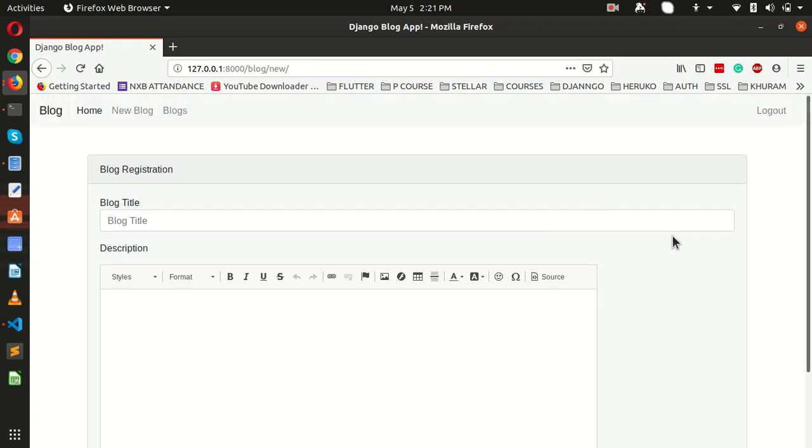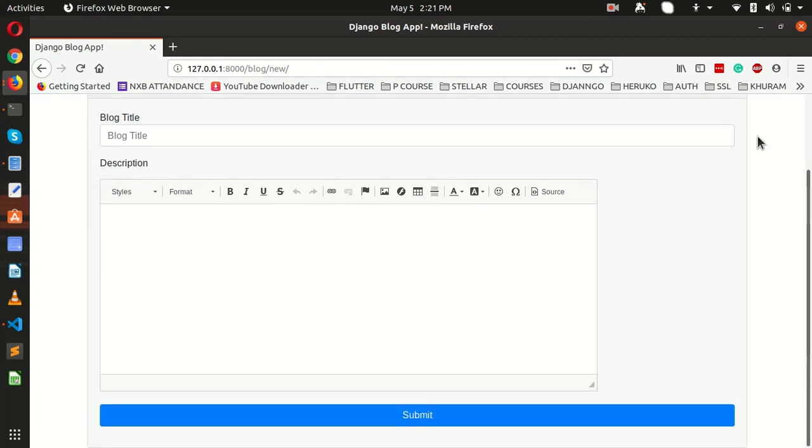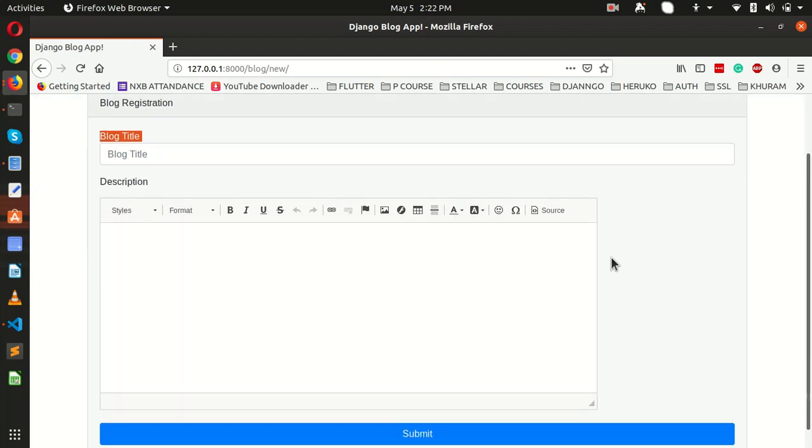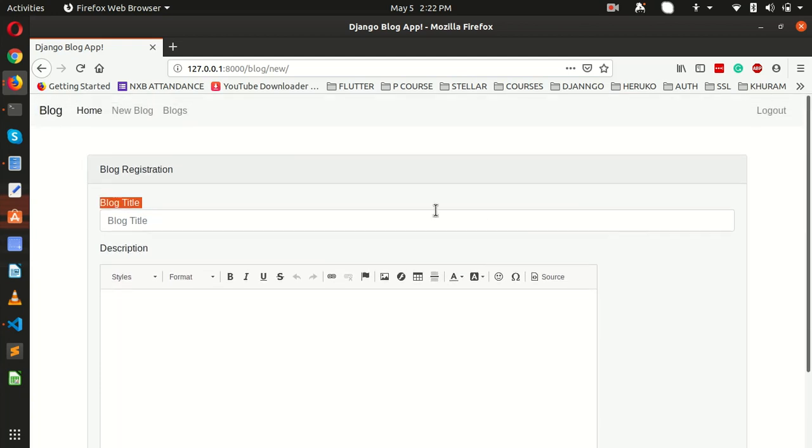So guys, today we are going to use our current logged in user. Right now our user is logged in, but we didn't display his name. So first let me display his name on the top here in the navigation bar, so we can check who the user is logged in. And right now we have the logout and login functionality and our blog functionality. So guys, now we are going to use our current login user to register our blogs.